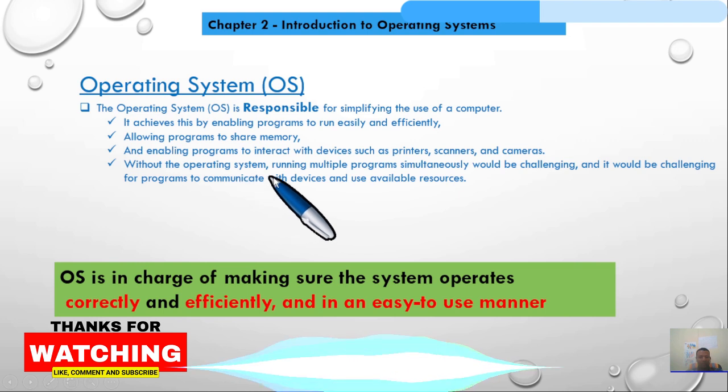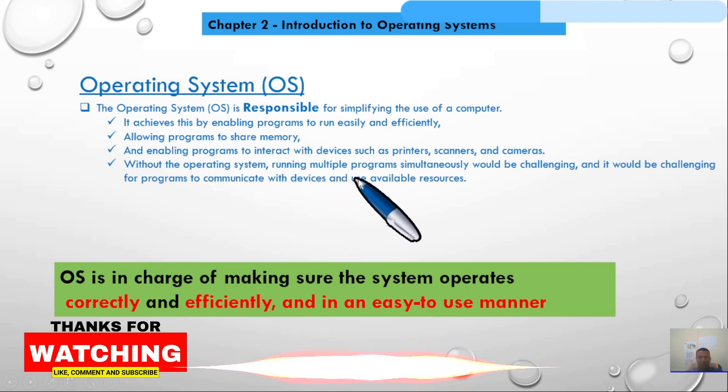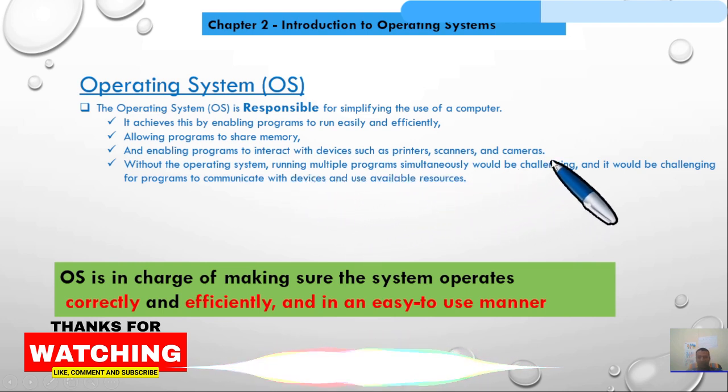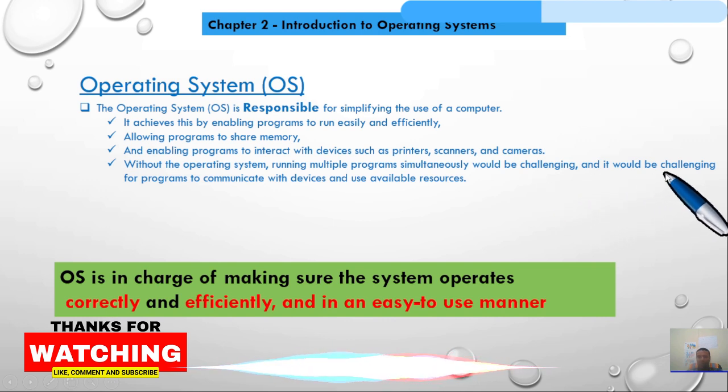Without the operating system, running multiple programs simultaneously would be challenging, and it would be challenging for programs to communicate with devices and use available resources.